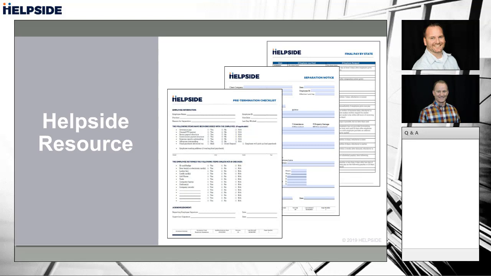PTO, bonuses, commissions. It's a way to help cool you down, possibly cool the employee down as well, but really make sure that you are doing things correctly, because oftentimes when terminations go wrong, that's when employees start to file unemployment, because now they're emotional, they're hurt, their egos are bruised, whatever it may be. They're going to file the unemployment. They're going to file something a little bit worse. So go through this to really calm the situation down, especially when it comes to your equipment. You want that back. Right.